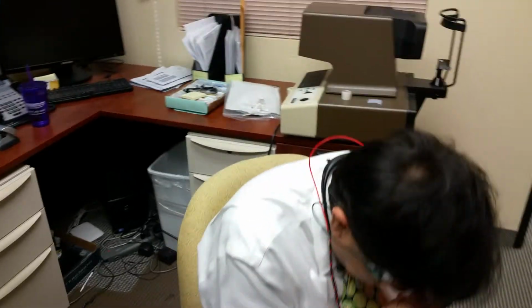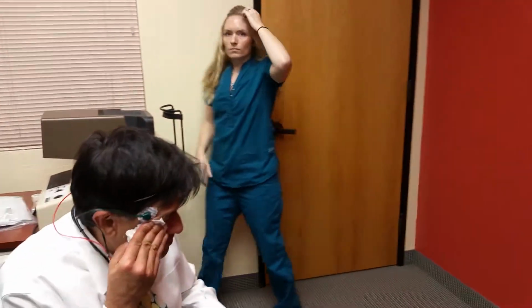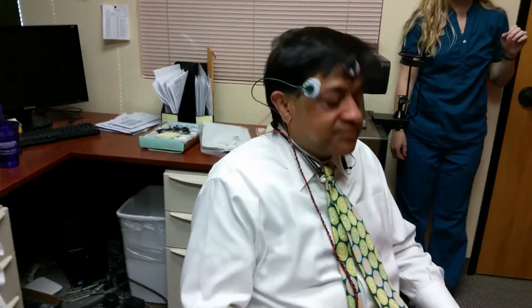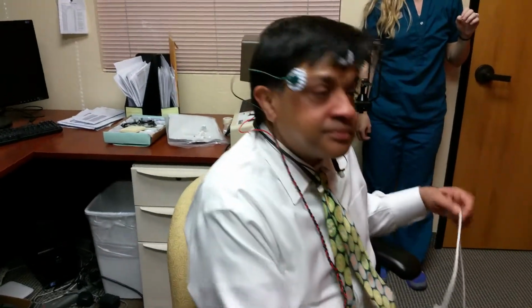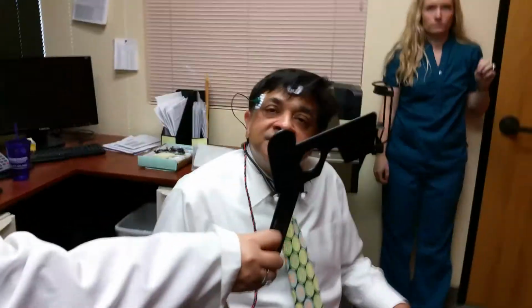So you can always tell them, watch the screen as if you're watching TV, look at the center of the screen toward the little red target. Yeah, I've had people ask that for sure. Like, what am I looking at? Right, exactly. And you want to keep it nice and simple because the more you get into detail about it, the more confused they're going to get. If you tell them, look at the little circle, but don't look only at that, look around. You don't want them doing all that stuff. So just keep it simple. Okay, are you ready now? Yes. Do you want to stop and then restart? This is your...